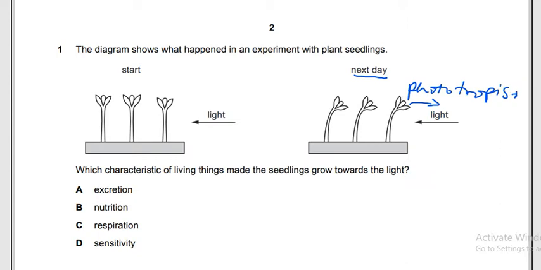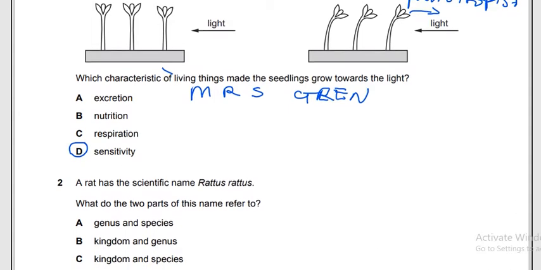Phototropism is a type of plant response, and the question now is, which characteristic of living things made the seedling grow towards light? If you remember your MRS GREN, you know that actually this is the plant being sensitive to light. The next question is